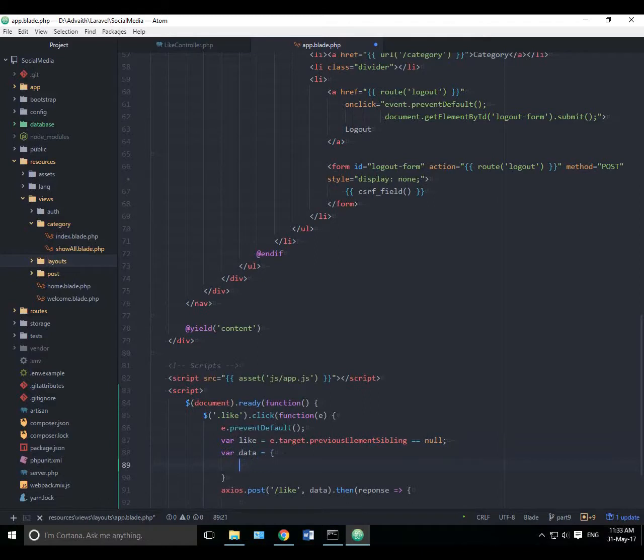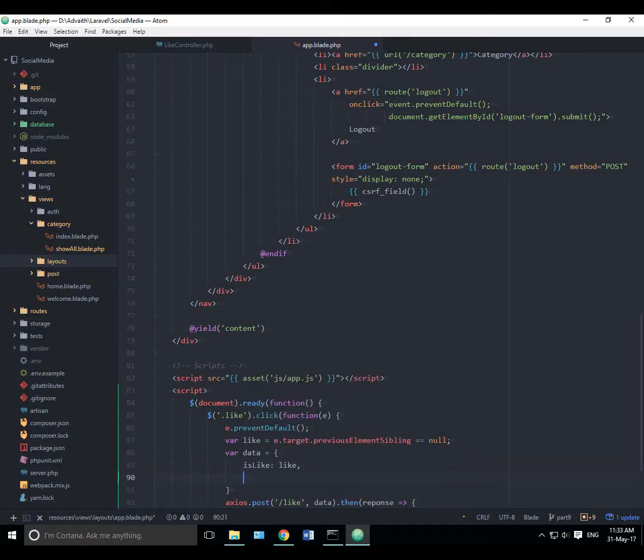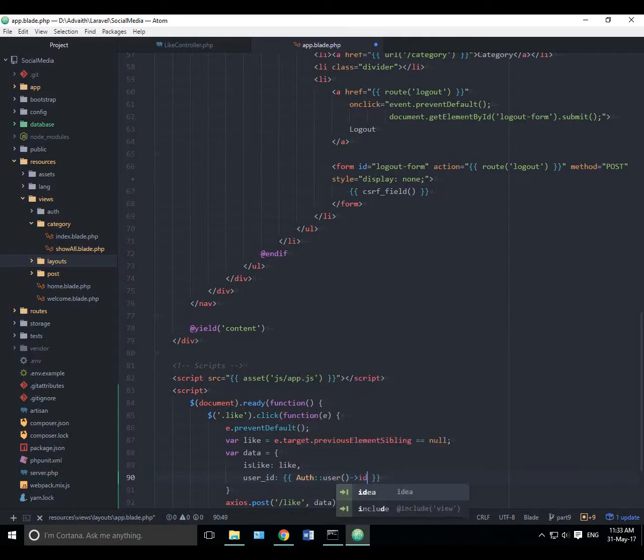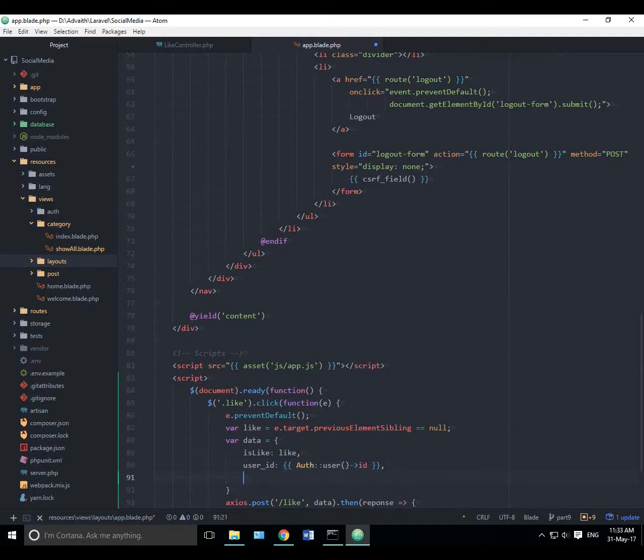First of all, isLike will be like, and user ID will be the auth user ID. Okay, now the post ID will be,